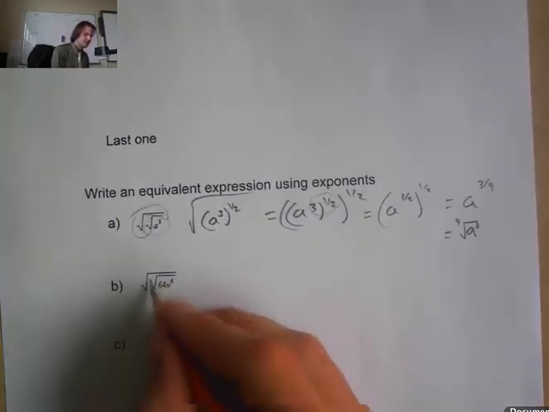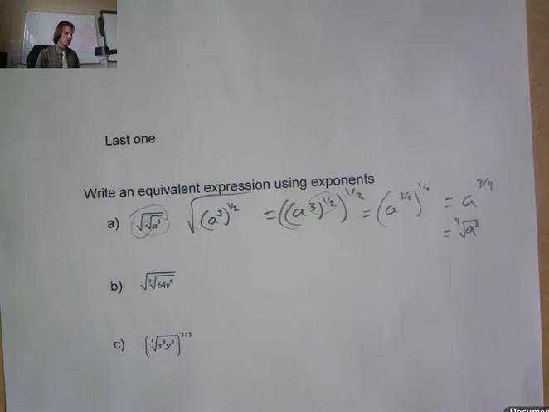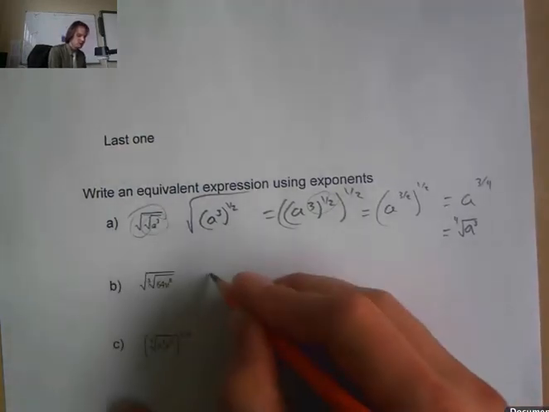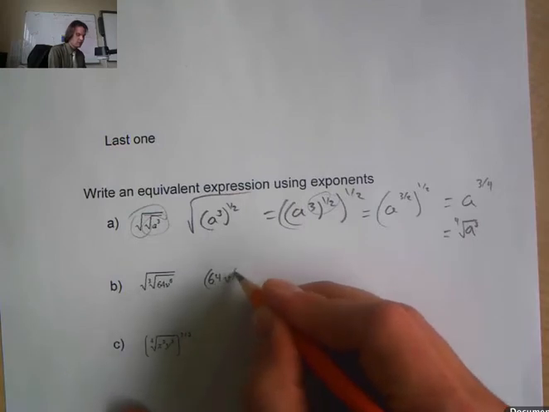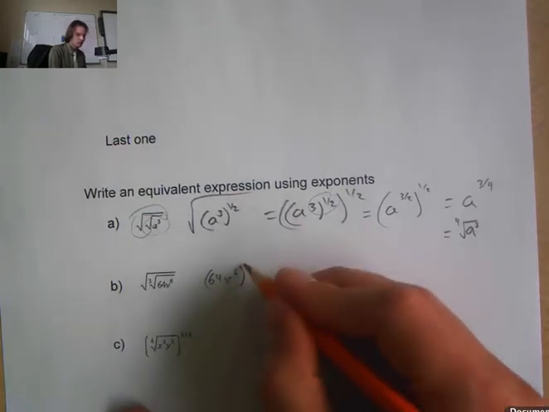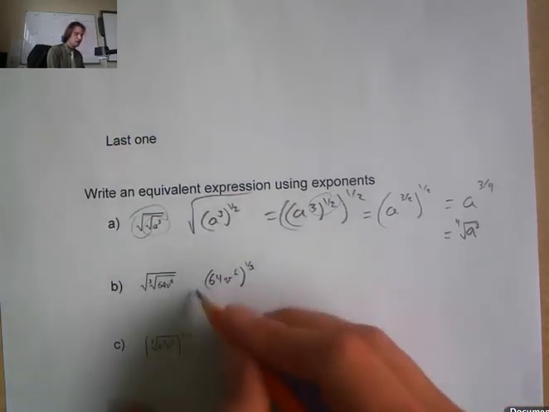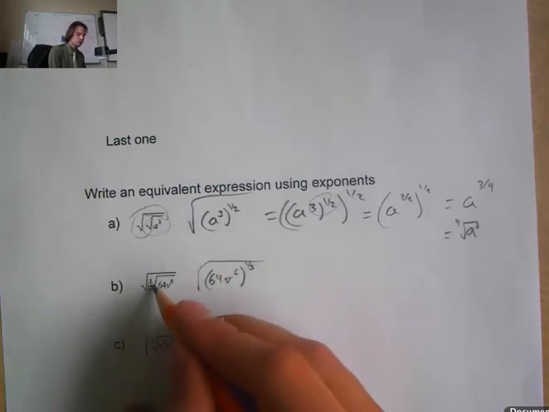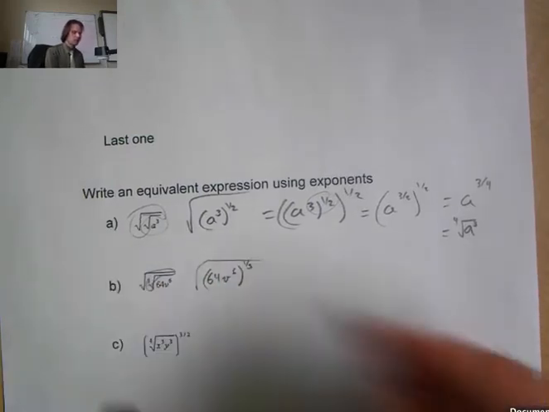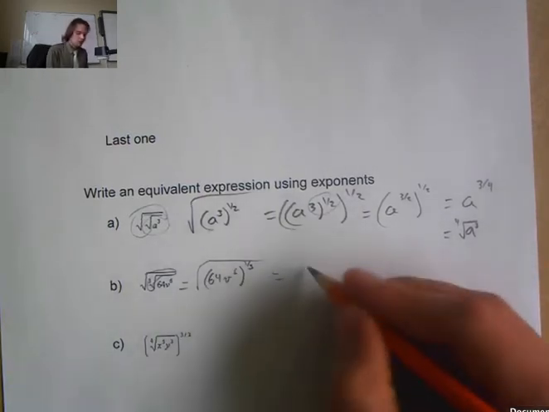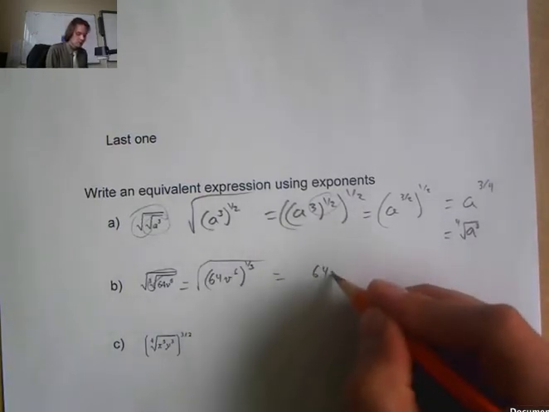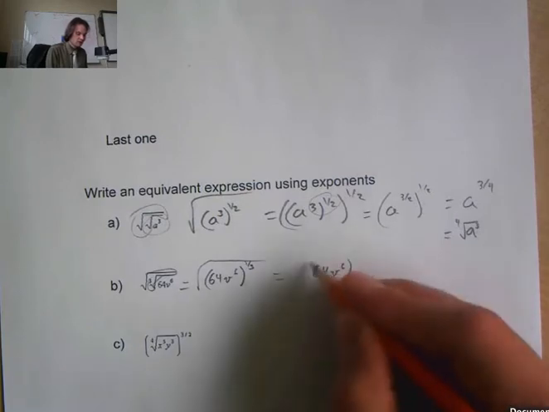Let's take a look at this next one here. So we have the cube root. So I'm going to have 64. And we have v to the 6. And we want the cube root, 1 over 3. And there's still a square root sign. So we got rid of that one. Now we've got to get rid of the square root sign, right? That's the next step. So I'm going to have 64 to the 6, 1 over 3, then one more time,